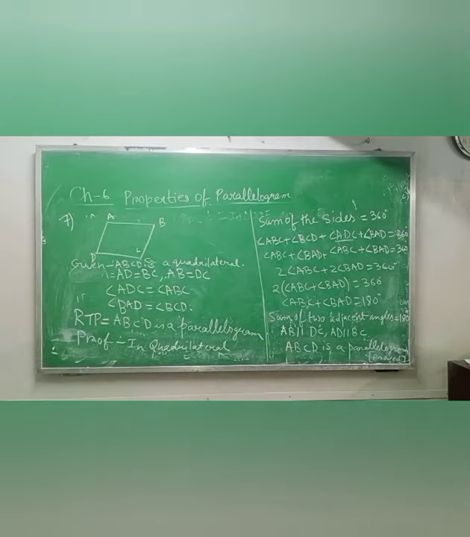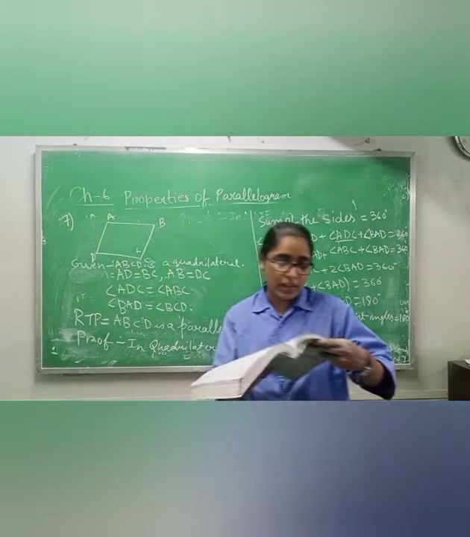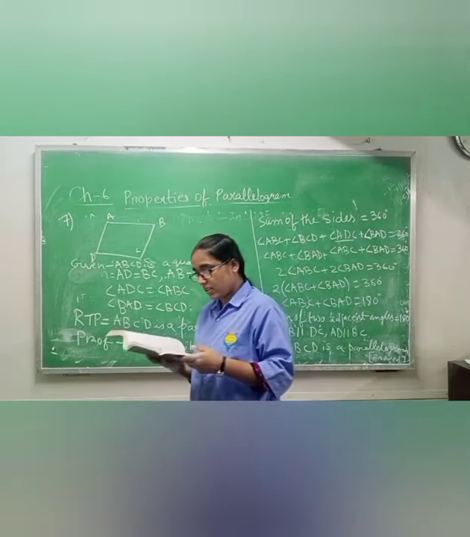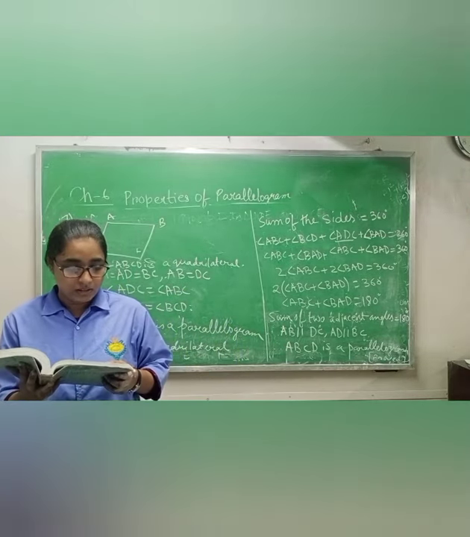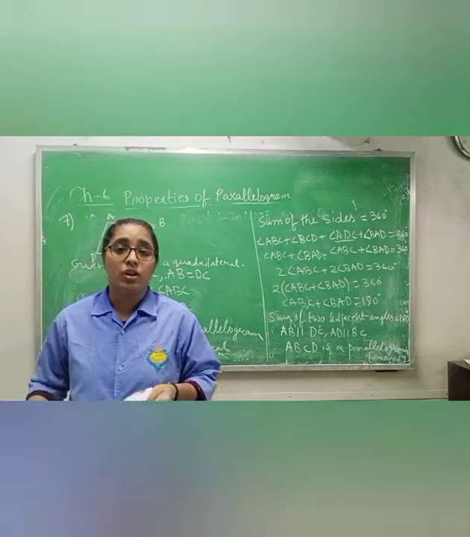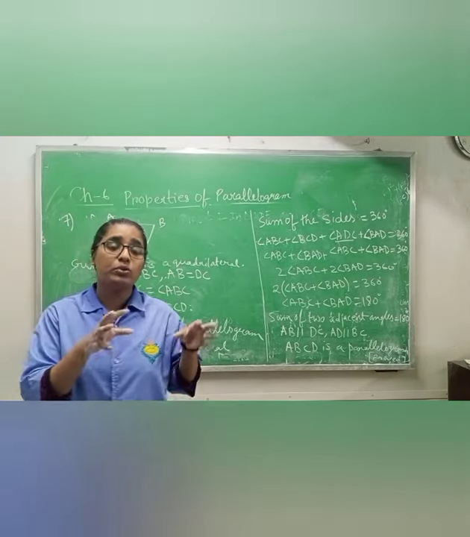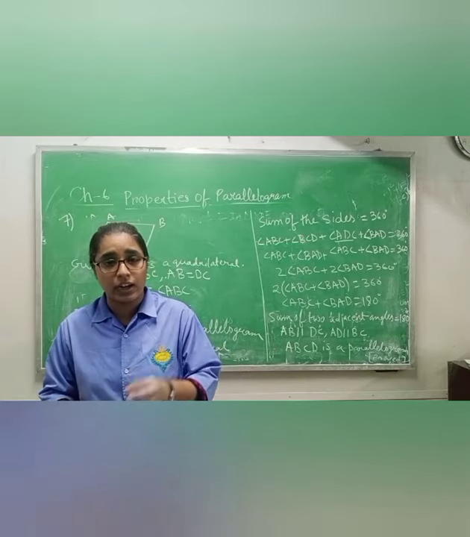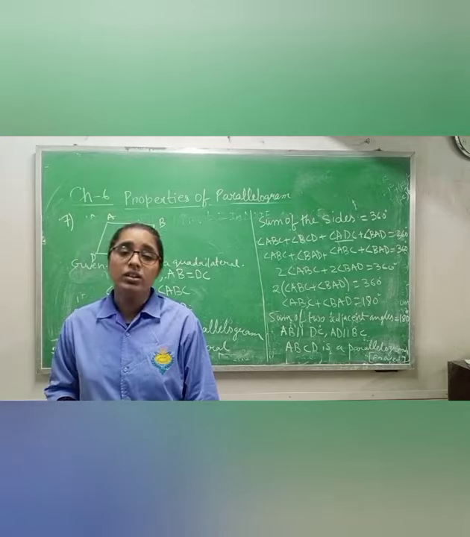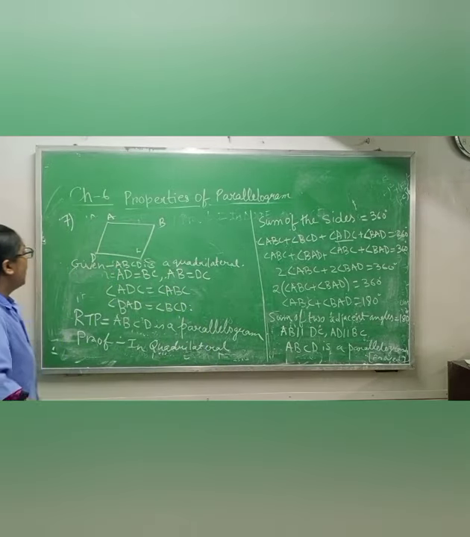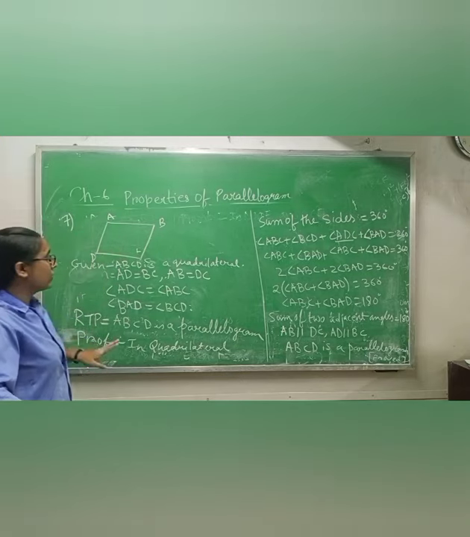Now class 9, see question number 7. Let us prove that if the two opposite angles and two opposite sides of a quadrilateral are equal, then the quadrilateral will be a parallelogram. Means we have to prove that one quadrilateral is given to you, and this quadrilateral is a parallelogram if opposite angles are equal as well as opposite sides are equal. Okay, so I am making randomly one diagram of a quadrilateral ABCD and giving the names.